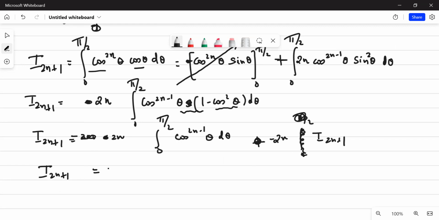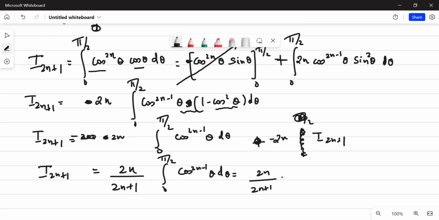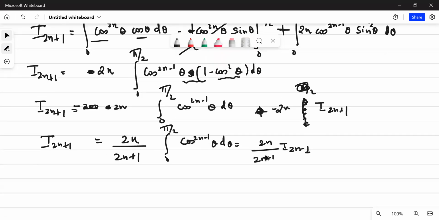So you take that there, you take on the left hand side, and you will get 2n upon 2n plus 1, and here is 0 to pi by 2, and you are getting cos 2n minus 1 theta, or you can say it is 2n upon 2n plus 1 I of 2n minus 1. ओके, सो हम ये देख रहे हैं कि I 2n plus 1 कैसे रिलेटेड है. ऐसे तुम I 2n minus 1 करने की कोशिश करोगे, what you will get? अगर यहाँ n की जगह n minus 1 ले आओगे, तो 2n minus 2 upon 2n minus 1, and then you will get,